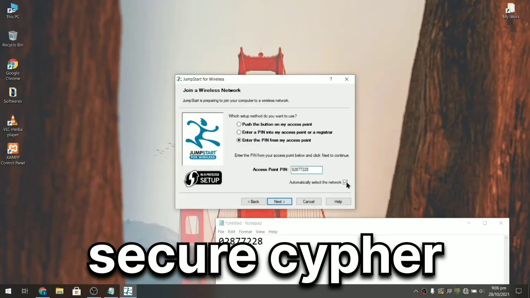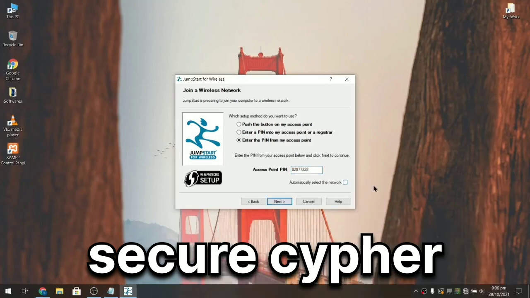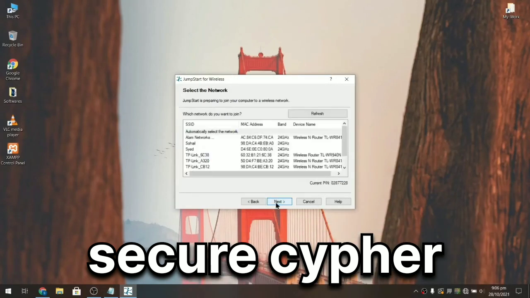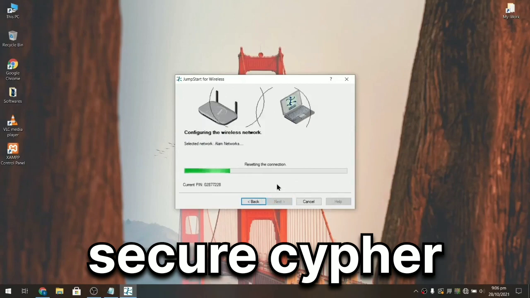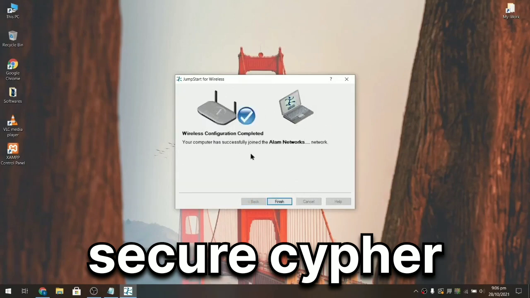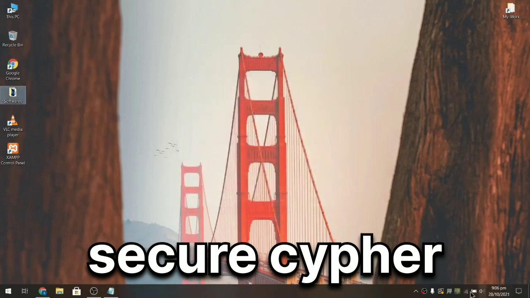Okay, then uncheck this. So I will select my Wi-Fi network manually. Okay, and then click on next button, and now here I have to select my Wi-Fi network, which is this, and then click on next button. And as you can see, it is connected via pin, and I do not need to give it my wireless